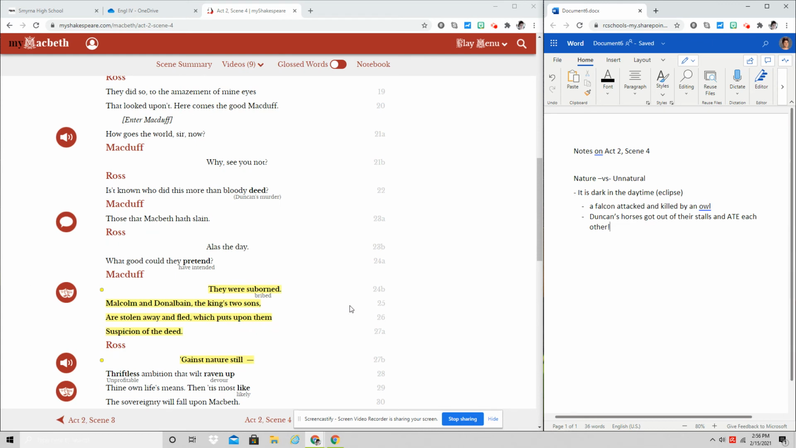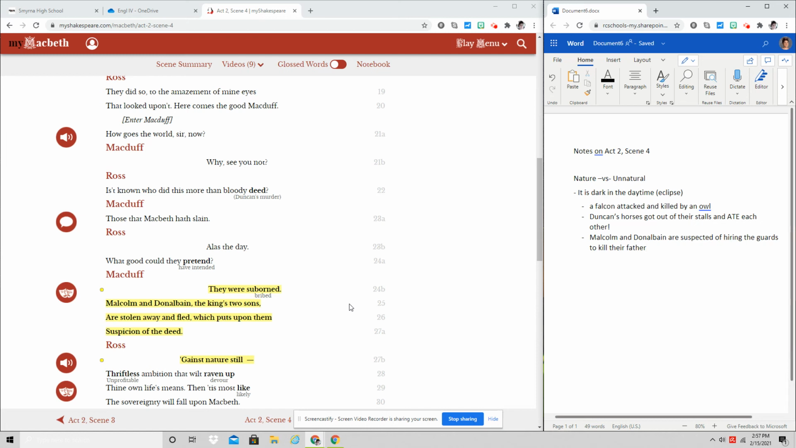Then Macduff shows up and he tells us that not only were the guards considered to have been suborned or bribed. So they think these two guards only killed Duncan because somebody told them to. And now Malcolm and Donalbain are suspected of hiring the guards. And the reason that they are suspected is because they ran away. So we saw at the end of the previous scene that they were planning on running away because they thought they were in danger. Now the fact that they have fled means that they are easy people to blame for